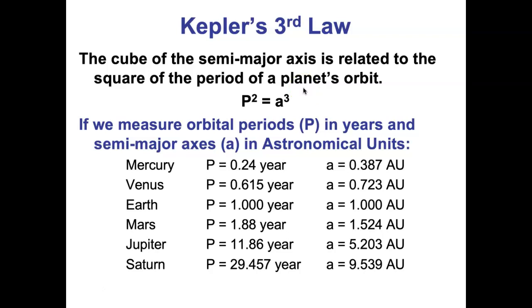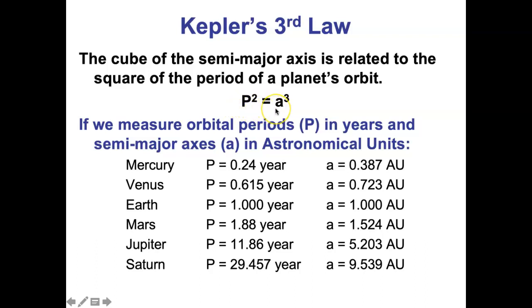And this equation is simple because we're picking our units conveniently. In this equation, period is always measured in years, and the orbital distance is measured in astronomical units. Take the Earth, for example. The period of the Earth's orbit is a year. The average distance from the Earth to the sun is an astronomical unit. That's the definition of an astronomical unit. That's why we made up astronomical units, to use the Earth as the basis for this equation.